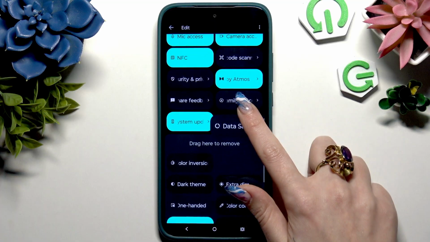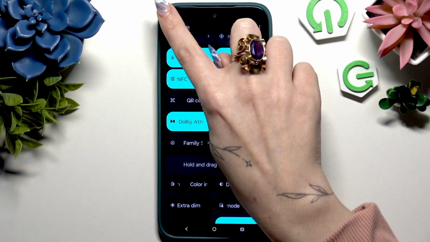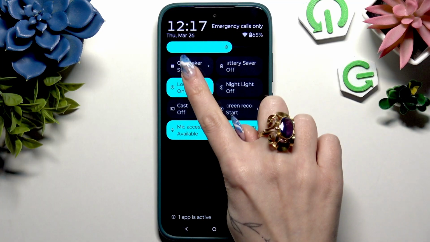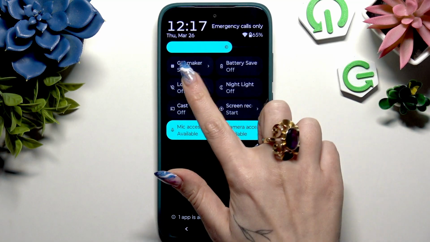Hold your shortcut and drag it wherever you wish. Let go and go back. But I have mine here, so I have to click on it. And as you can see, mine is black. That means that location is off, but you can always switch it on by tapping on the same one until